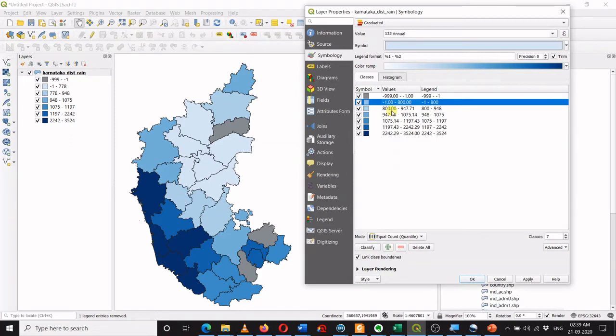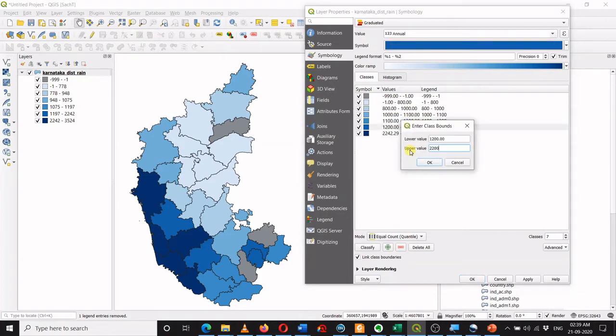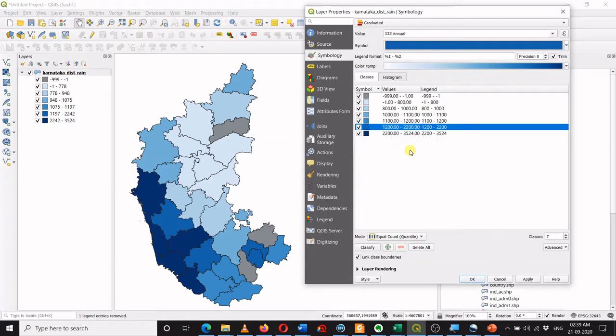Then 800 to, for example, 1000, then 1000 to 1100, 1100 to 1200, 1200 to 2200, and 2200 to 3524.